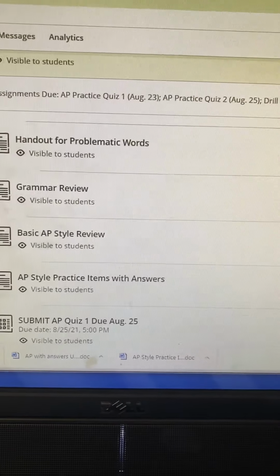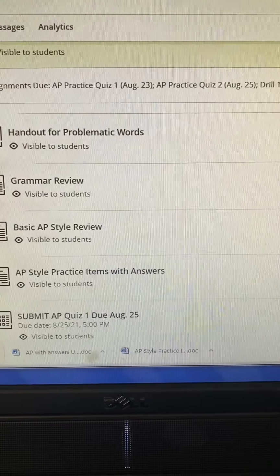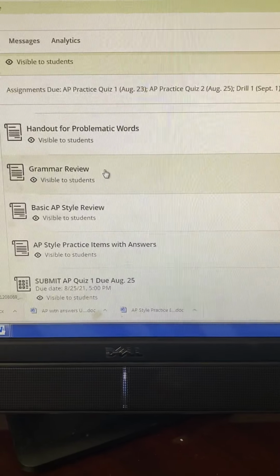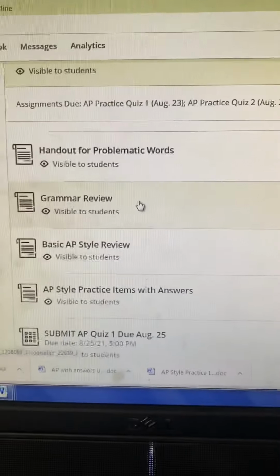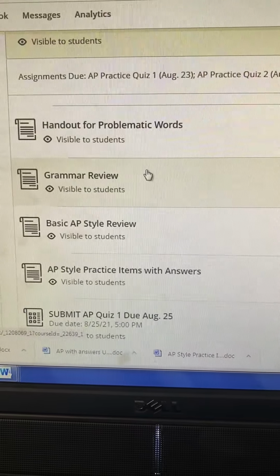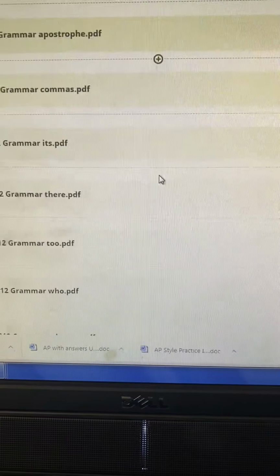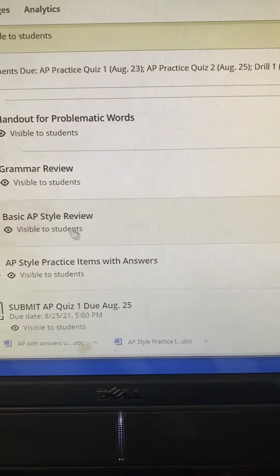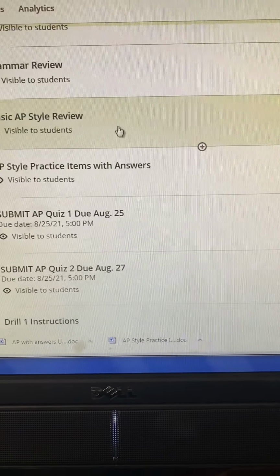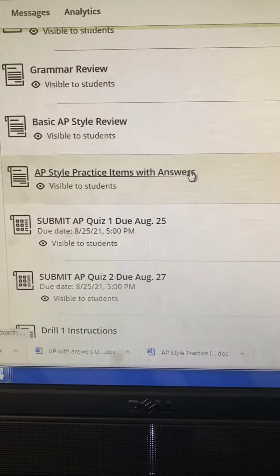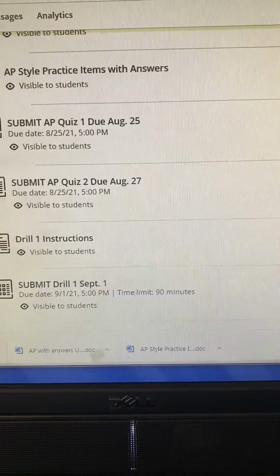then there's several handouts and such items in here, and the grammar review you can just look at if you have particular issues with some grammar, such as who or whom. There's a good many of those in here to help you out. But the main focus is on your AP Style book. So I have several handouts here, the style review, the practice items with answers. So if you look at some of those,